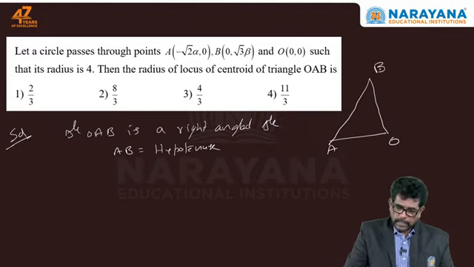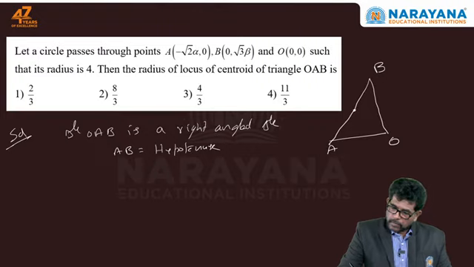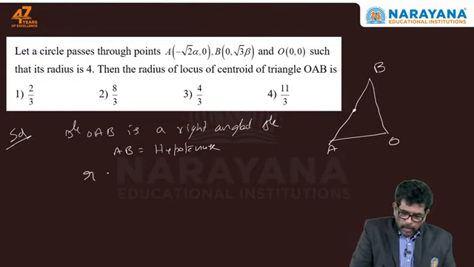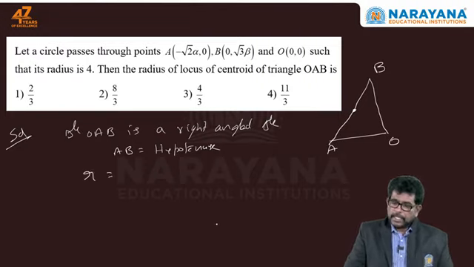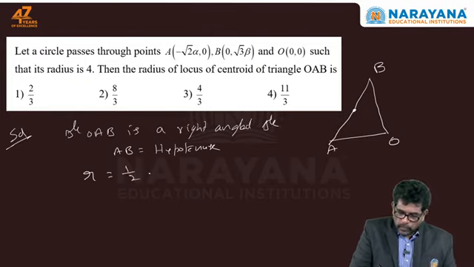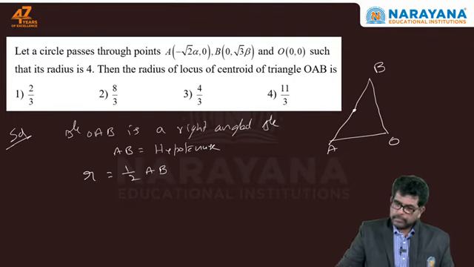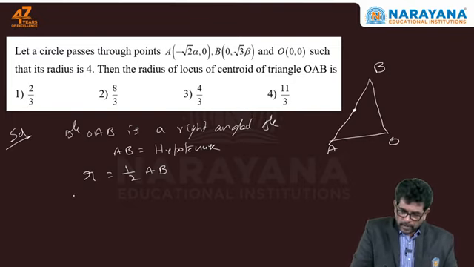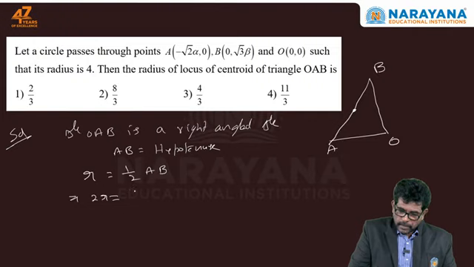OAB like this one. Now the radius of the circumcircle of a right angle triangle is half of the hypotenuse. R is equal to the radius. Radius of the circumcircle of triangle OAB is 1 by 2 times of AB. Now from this, 2R is equal to AB,